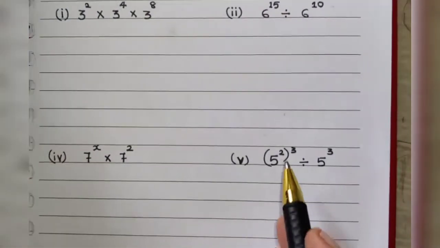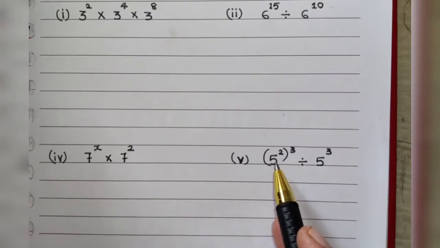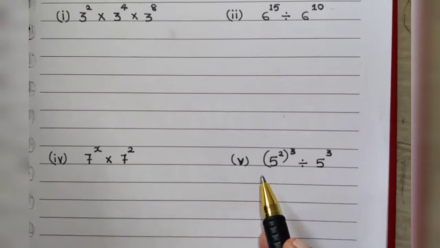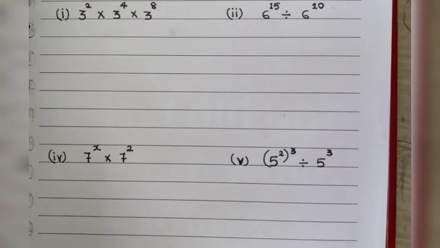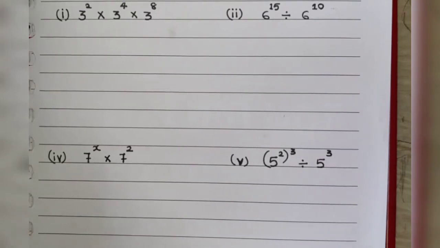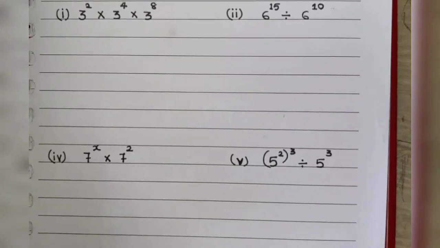The next law is powers of power. If powers of power is there, then both the powers are multiplied. When the bases are not same but given in a bracket, then whatever power is outside the bracket, we distribute inside the bracket to the different bases. Similarly, when the bases are not same and they are divided, and outside the bracket they have one common power, then that exponent or power is distributed inside to both the bases which are in division form. These are the laws which I have explained to you.